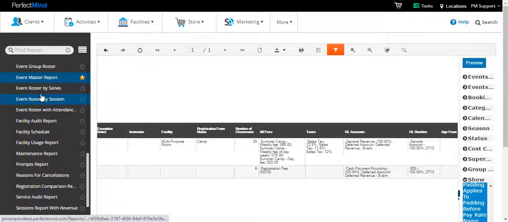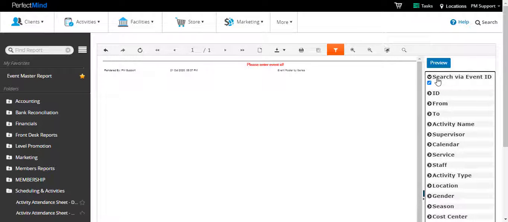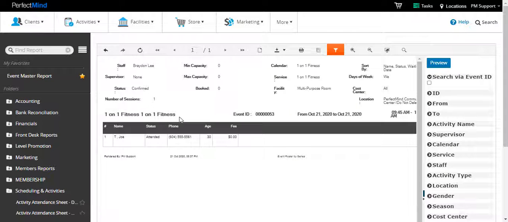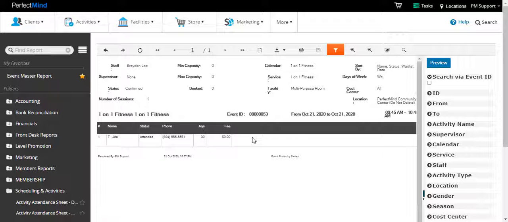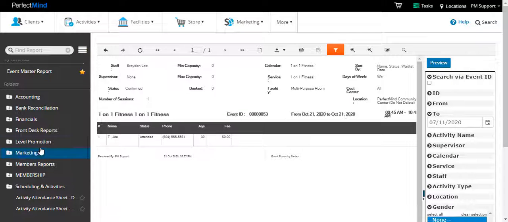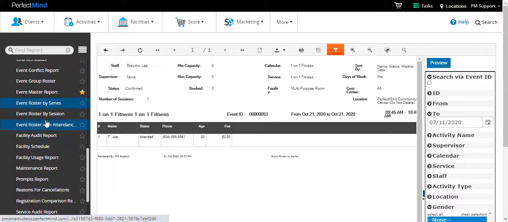The Event Roster by Series is another great report. You can either search by specific event ID, or in our case, we will unselect this box so that we can see all of the events. We see that on our one-on-one appointment booking calendar, we've got our Joe Tester customer that has attended with the fee that he was charged and the fee that he's paid. Another report that is similar, but will also have an attendance sheet attached to it, is the Event Roster with